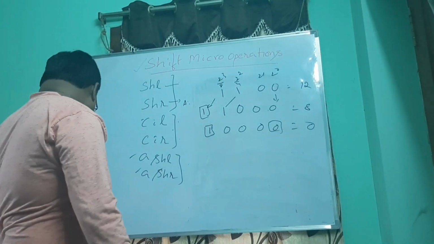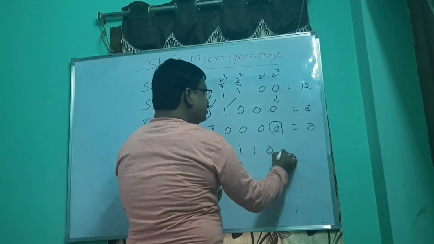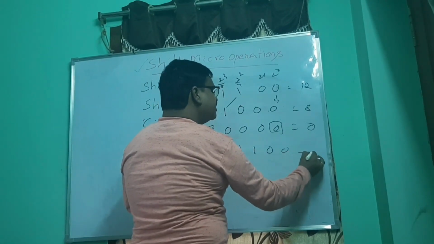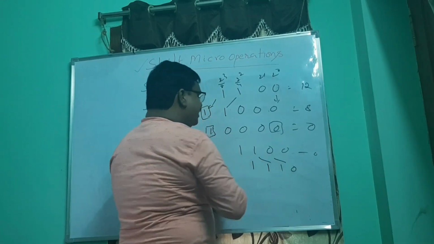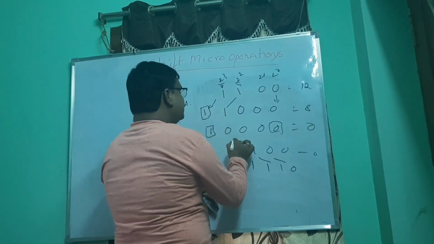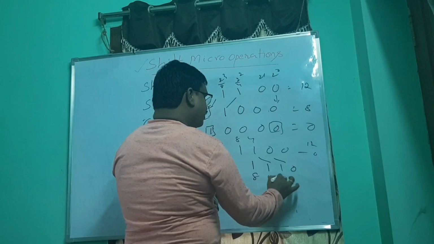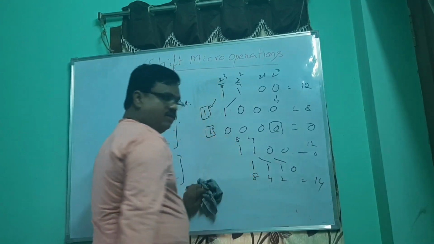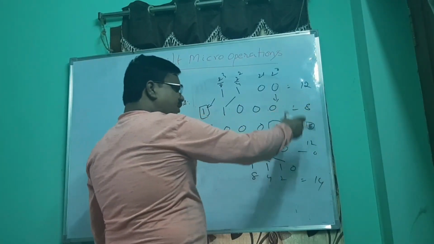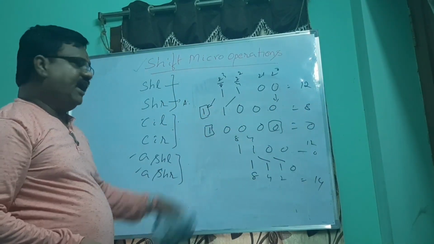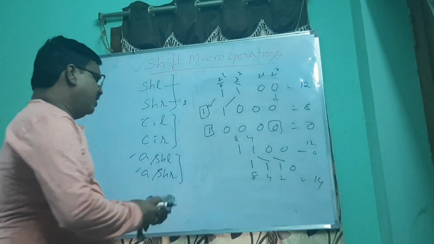In the same way, if you move in that direction also, 1, 1, 0, 0, here this will be discarded, 0, 1, and this one, and again the same one will be copied. So this is 8, 4, this is 12. So this will be 8, 4, 2. Like this, the binary values are going to change, either decreasing or increasing by the base value of 2.